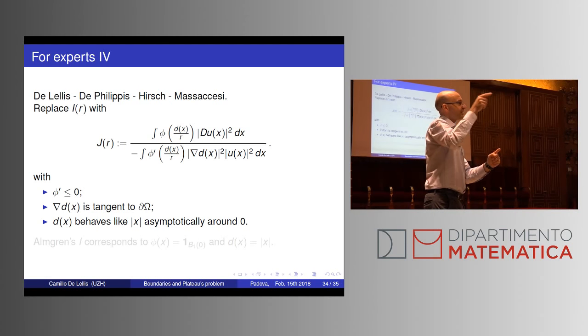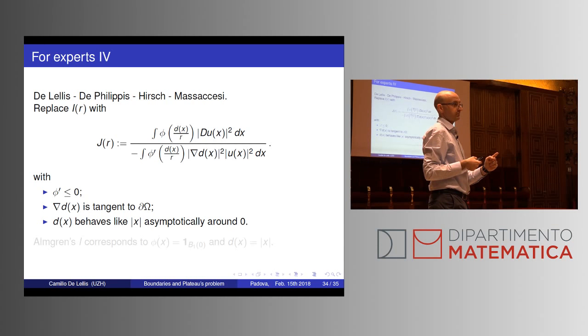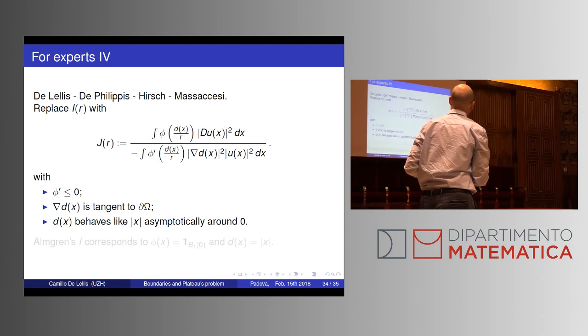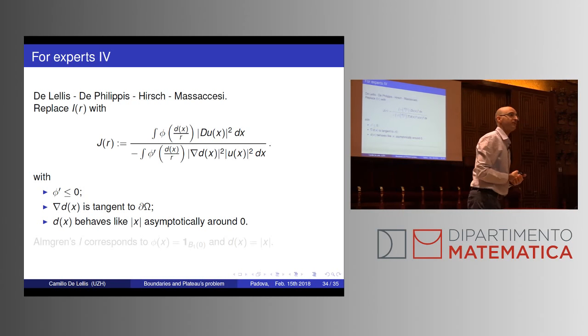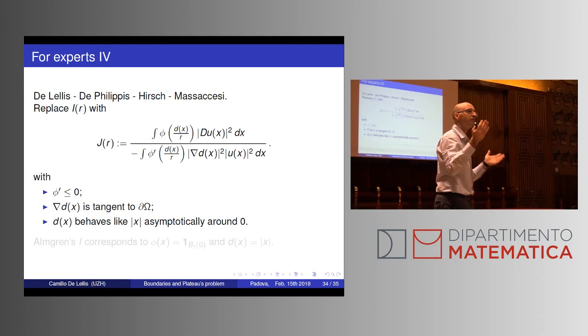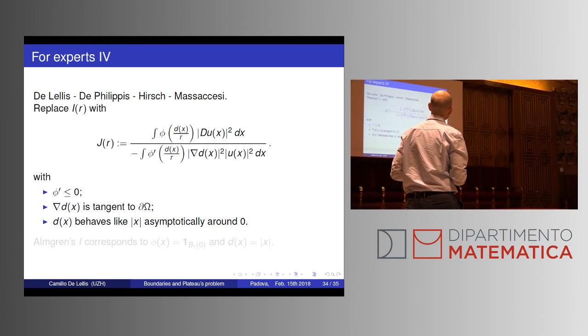And that function can substitute Almgren's function in the solution of the exercise. And producing two functions, so phi and d, with these three properties, is a very simple calculus exercise, as long as your boundary is sufficiently regular. So you have to produce a kind of distorted distance function. Okay, so the nice observation is that actually this is a strict generalization of Almgren's theorem